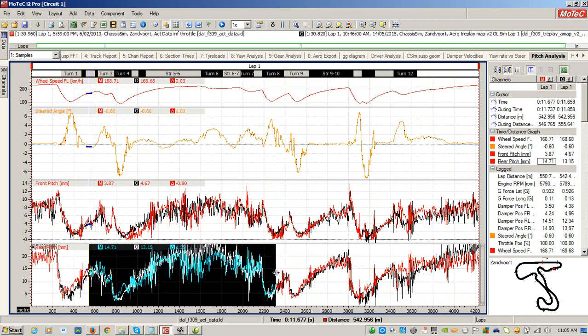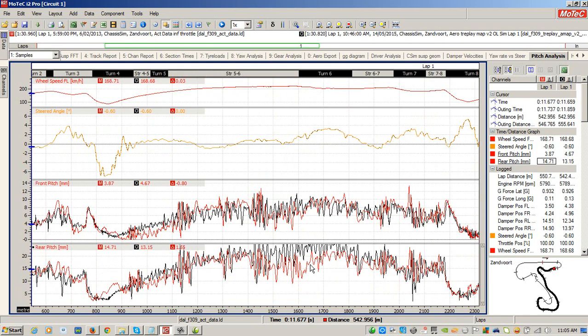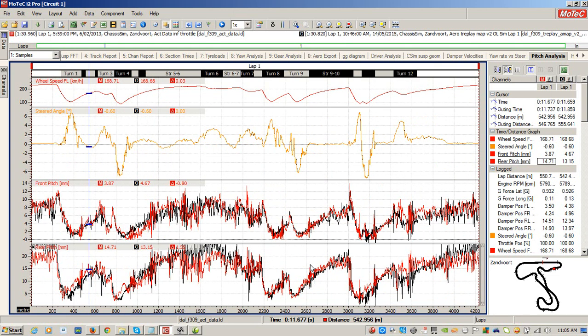Going through this particular section, again, not perfect, but at this stage of the game, from one particular data set, you're never going to get a particularly perfect aero map. However, what you've got with this technique is a really, really good starting point. So one of the things that I would encourage you to do,